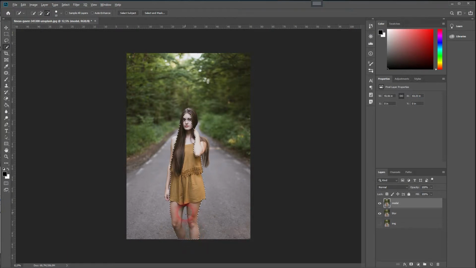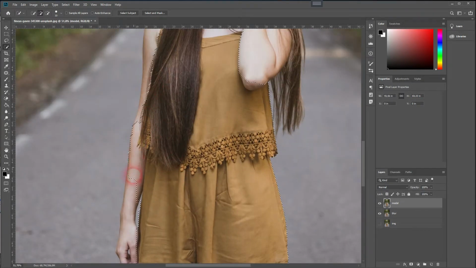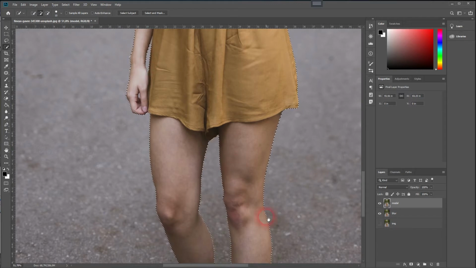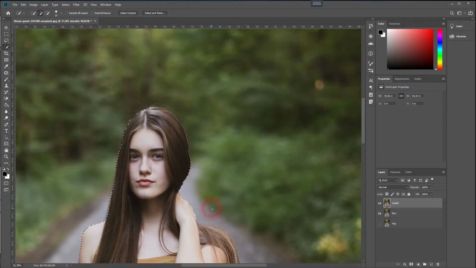If you want to get rid of parts of the selection, just hold Alt and then go over these parts. I will speed up the process a little bit. And that's it. If you are satisfied with your selection, click on the layer mask and click on Select and